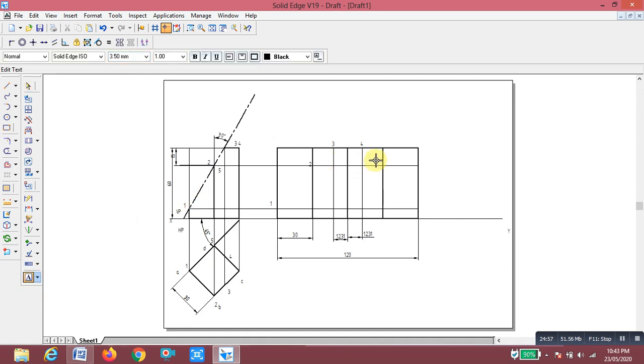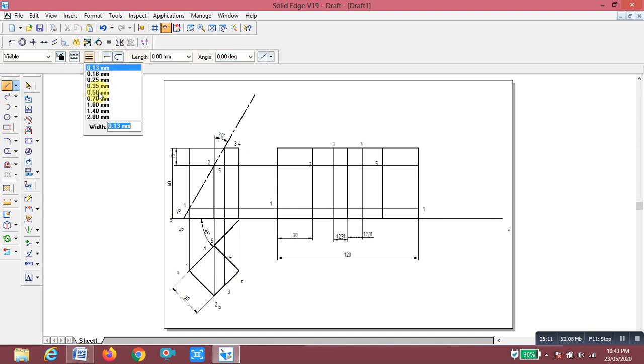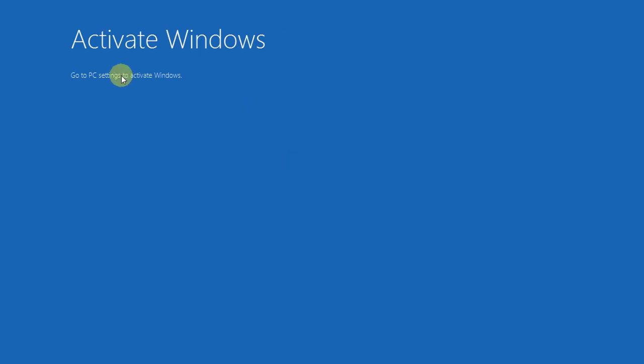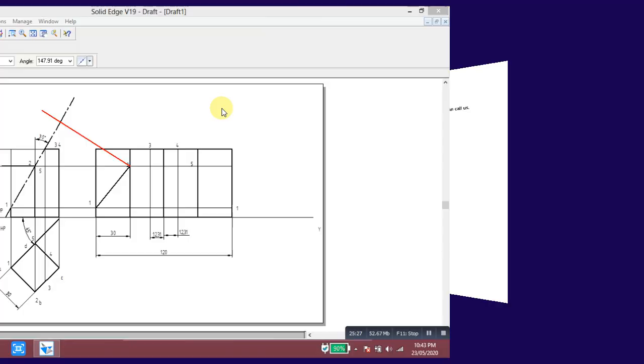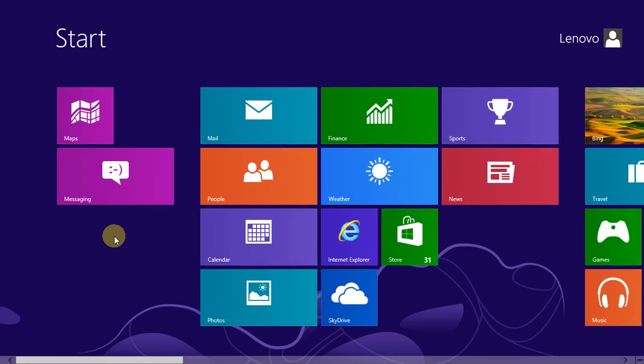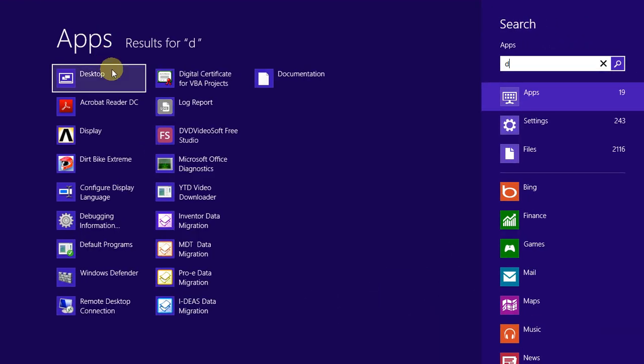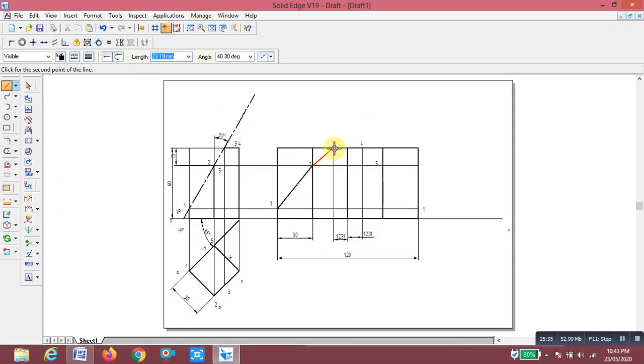Now you can join with the line command, setting the thickness. From this intersection point 1, 2, 3, 4, this is 5, this is point 1.